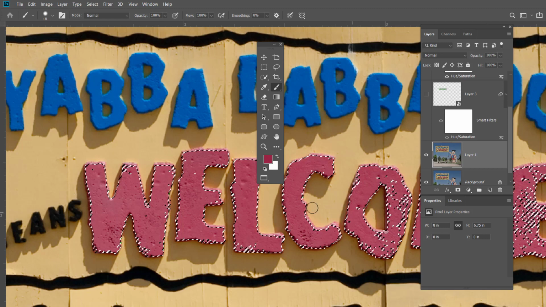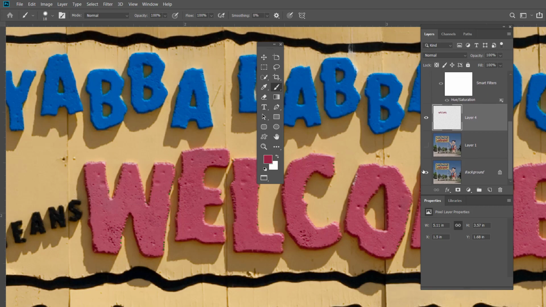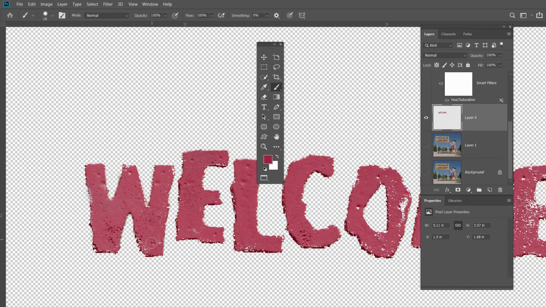Okay. All right, so once everything is selected, we simply hit our Command or Control J, as I showed you before, and if we kind of turn everything off, you're getting a little better selection here. Okay, so this, you can alter the colors, you can add effects around the edges, whatever you like. Okay. All right, so